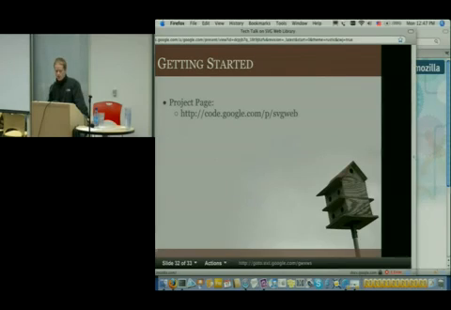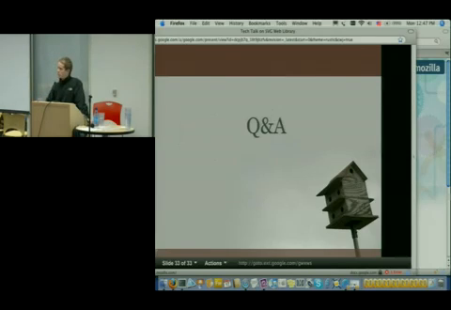So here's the project page. I'll jump into QA in 1 second, and I'll take questions. We've got about 15 minutes. So depending on where the audience is at, maybe that's enough. Maybe you want to crack open some code, know more about the internals. But yeah, you have a question.